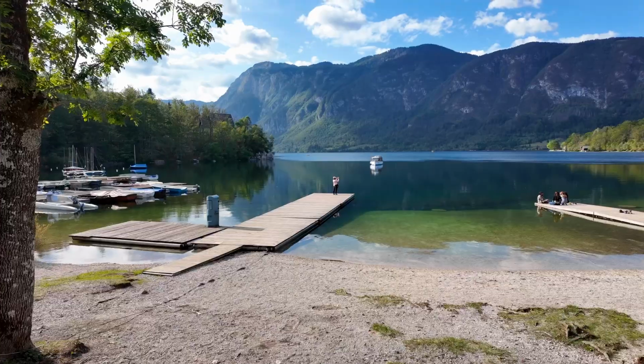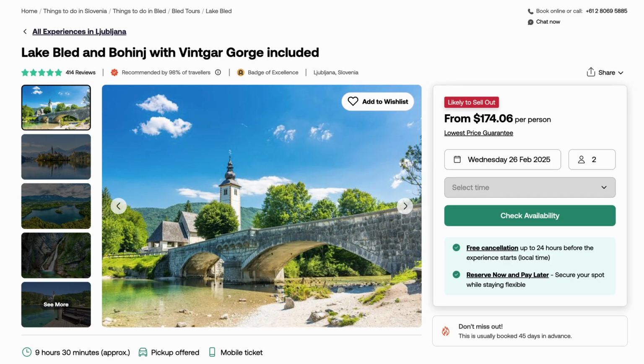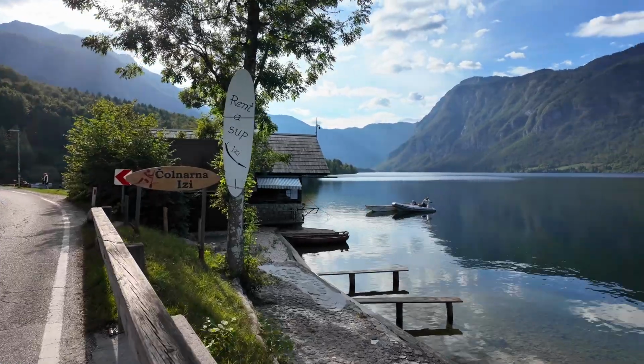Another beautiful lake that can be seen as part of a day trip is Lake Bohinj, and this is also part of the Triglav National Park. It's a lot bigger than Lake Bled. It's generally included in a day trip going to multiple other places because, as you can see, it's fairly quiet and it's not huge on the tourism scene, but it is very popular with nature enthusiasts, hikers, water sports lovers,